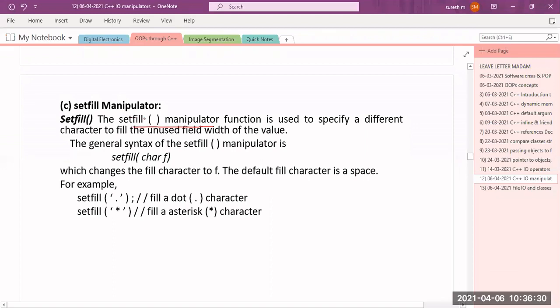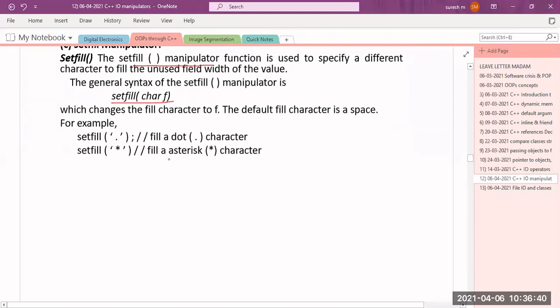If you want to fill those empty spaces with some special character, then I will use the set fill method. So set fill with character, I have to use this syntax. The default fill character is space, but if you want to fill with some special character, then I have to use set fill. That means if I use the set fill method and don't give any character, it takes space by default. But if you want to set fill with some special character, then I have to place that special character in